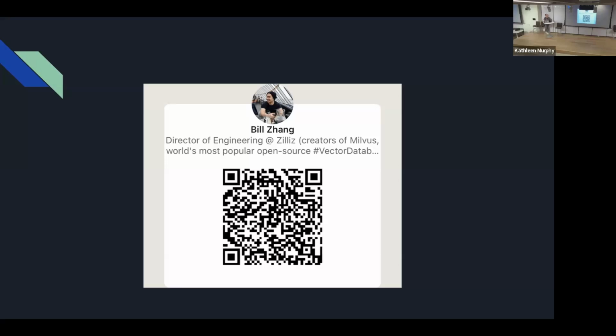In vector database, the maximum right now, as you see, we have open source and the cloud, Zilliz Cloud. The maximum data load into our system right now is around 10 billion vectors. 10 billion, yeah.